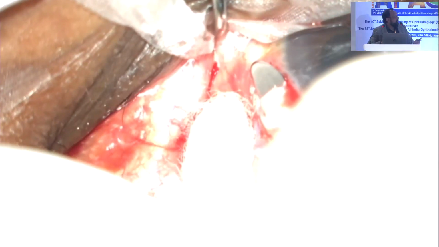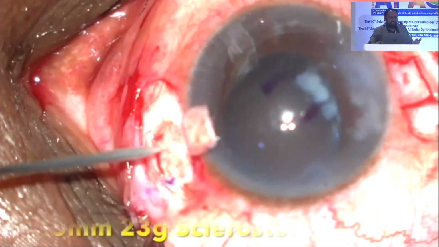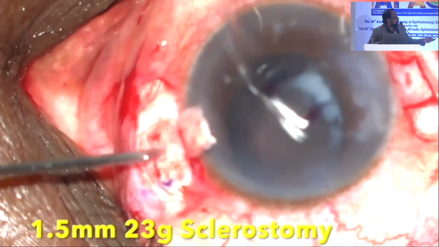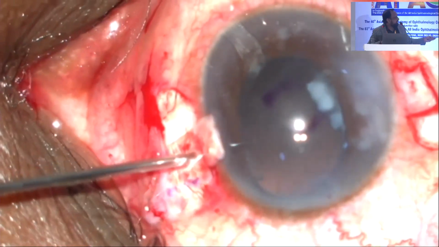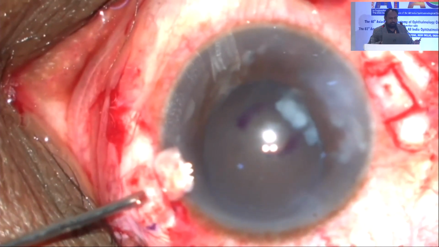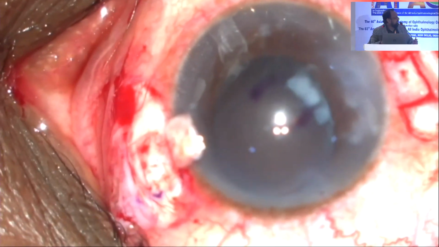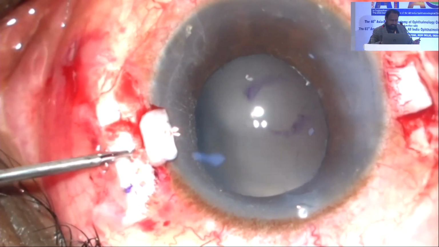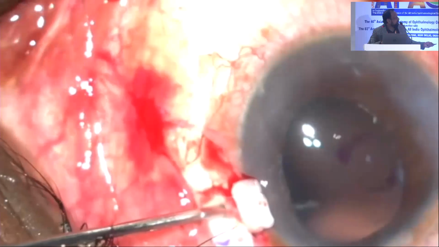So why this 0-180 degrees? Because basically it avoids any tilting of the lens or any torsion later. So 1.5 millimeters away from the limbus, we make a sclerostomy using a 23 gauge needle on both the sides. Now, after doing the vitrectomy, as I said, and removing the remaining cortex, we have specialized T-flex forceps